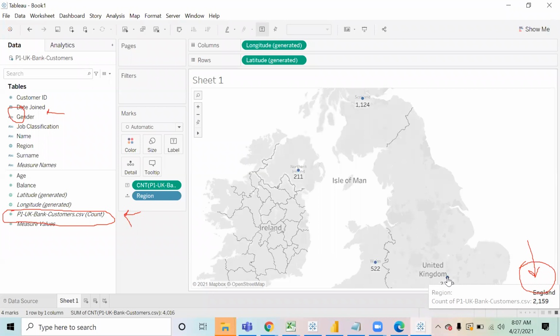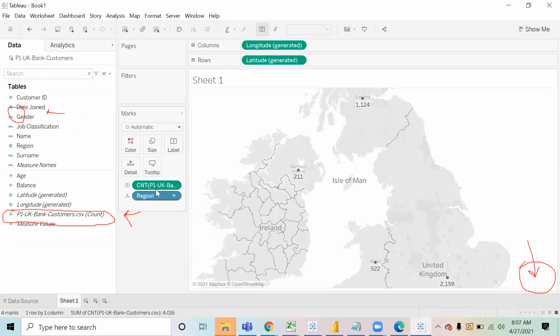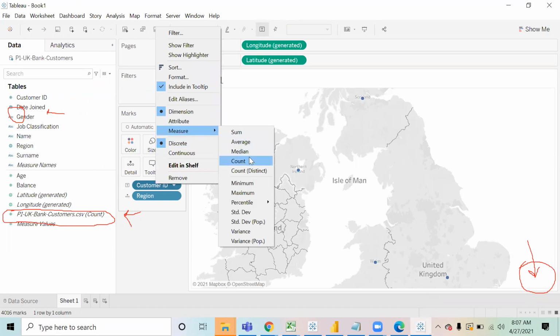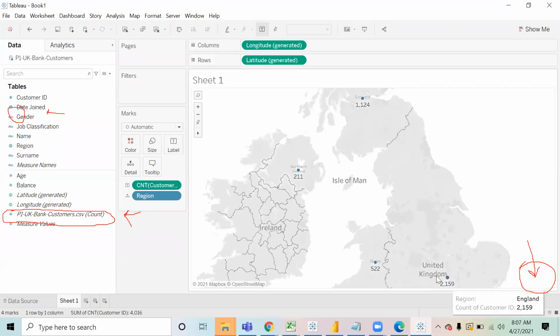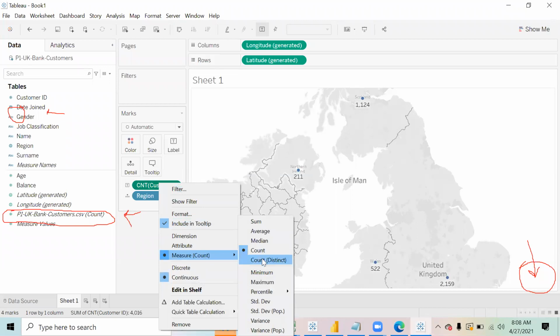Clear to all of you? Yes. Is there a way to choose distinct values? If you right click on this field, right now I'm using the count field only. Let me not use the count field. Let me bring the customer ID field on the label. You can change the calculation measure to count, and you can use count distinct also. If I use count, it gives me the same number we are getting over here, and the IDs are unique anyway, because all the customer IDs are unique. So even if I use count distinct, it is going to give me the same number.